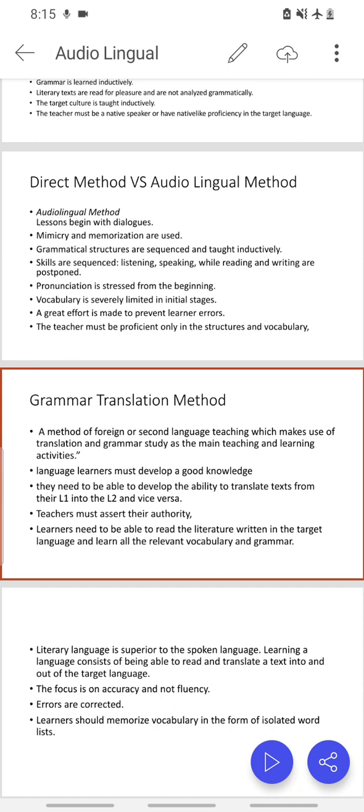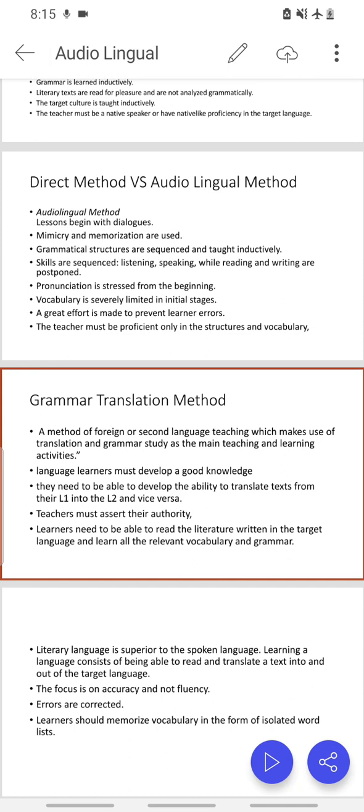So the learners need to be able to read the literature. Yes, they read it, and they increase their vocabulary, they focus on their grammar, and they never focus on listening, and they never focus on speaking, and they do not focus on creative writing also. Their focus is only on something which has been given to them. In the Pakistani context, I'm talking.